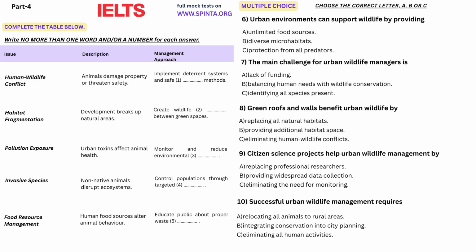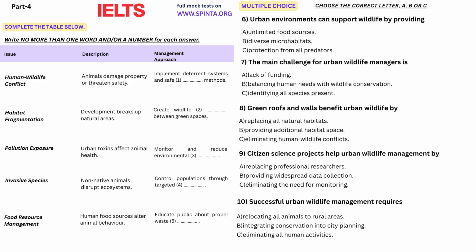nature within city environments. Urban environments create novel ecological conditions that select for certain species characteristics while excluding others. Successful urban wildlife typically exhibits behavioral flexibility, dietary generalism, and tolerance for human disturbance. Species like coyotes, raccoons, and various bird species thrive in cities, while others struggle to adapt to noise, light pollution,